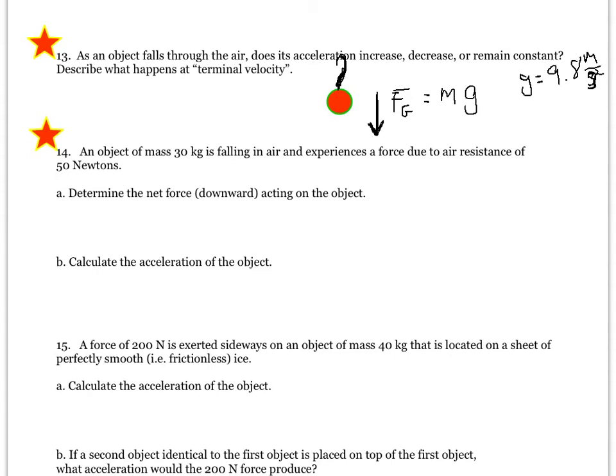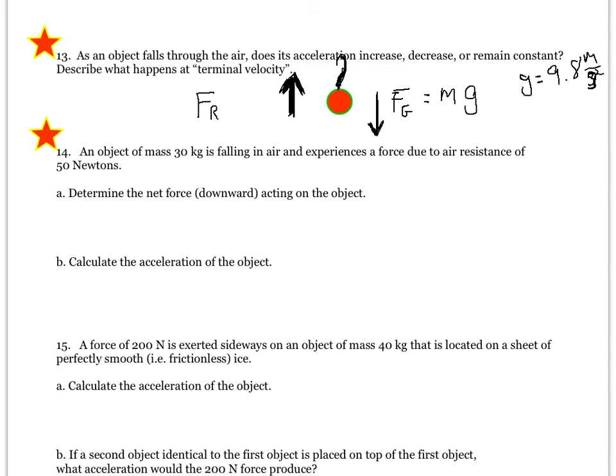Now, the other force acting upon this object, this Christmas tree ornament, is going to be air resistance. So we'll make that F sub r. Now that increases, first of all, it starts off and it's very small, but as the speed of the object increases, okay, that air resistance then also increases. It's like the molecules of air are pushing back upon this ornament. And so as this force gets bigger and bigger and bigger, greater and greater and greater,